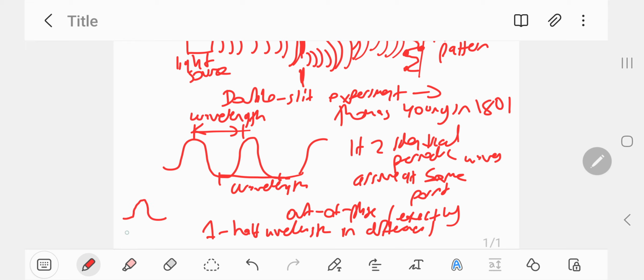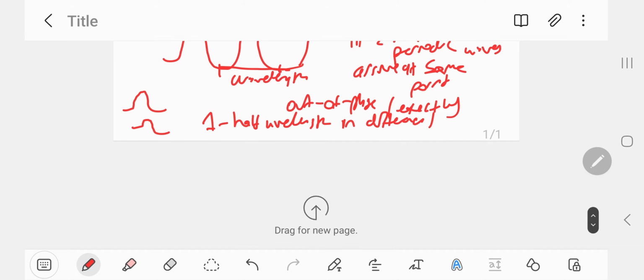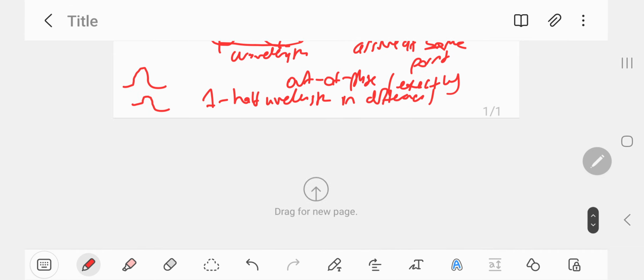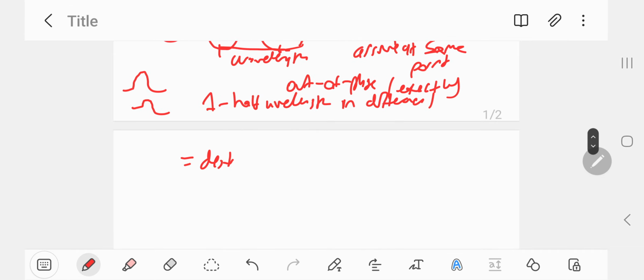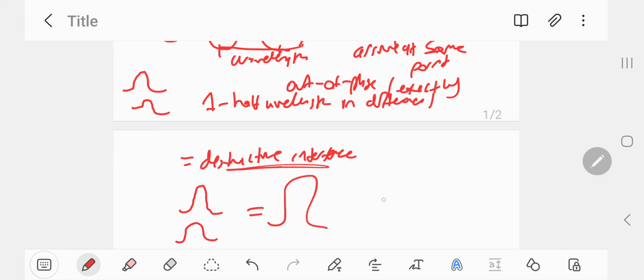Okay, so let's suppose one wave looks like that. The bottom wave is like this. It's out of sync, roughly. You will get destructive interference, okay, because they're not in sync. If, however, they are in phase, top one's like this, bottom one's like this, you'll get constructive interference, okay? They're exactly one whole wavelength in separation,